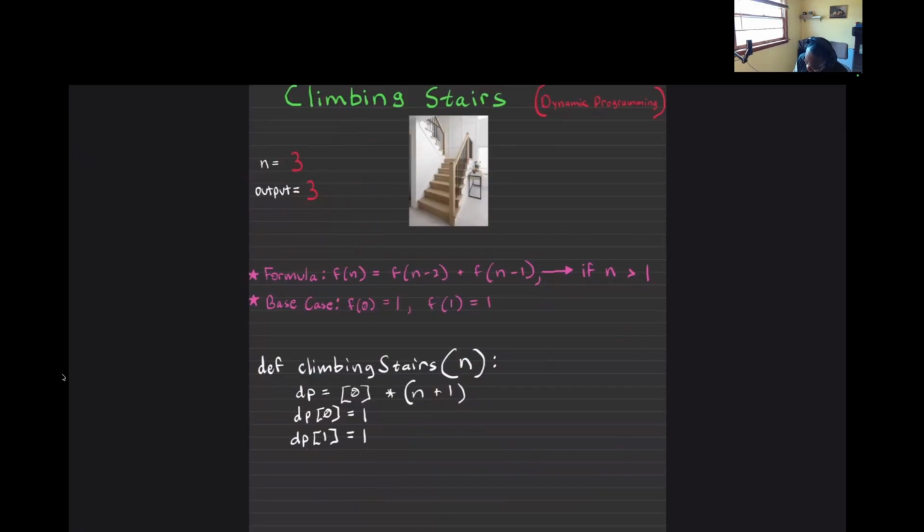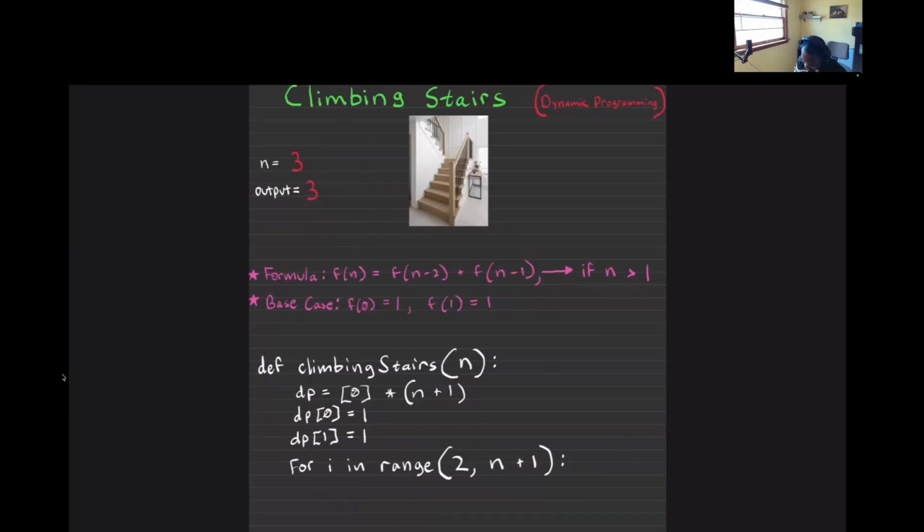Okay, so now that we're locked in here, I can write my for loop to do this logic. So I can say for i in range, where do we start? We start at the second step, because we already know how many distinct ways to get to the 0th step, the base step, and distinct ways to get to the first step. That's the base case there. So we have to range from 2 to n plus 1, because we have to be inclusive of the nth stair,